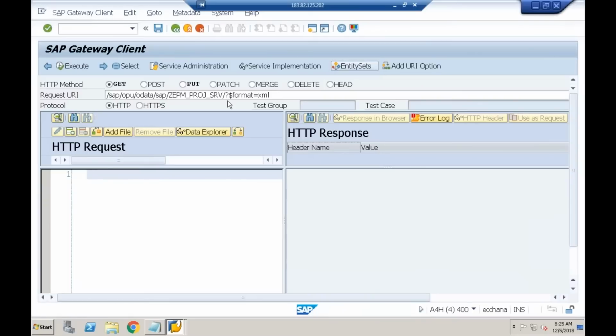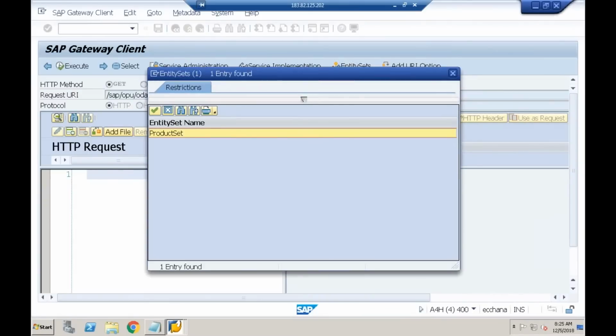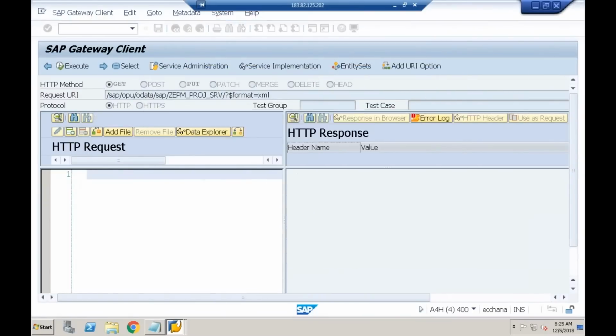Right. What is my entity set? Product set is my entity set. I'll try to pass the select options. How do you pass here? You have to say dollar filter equal to product ID, greater than or equal to